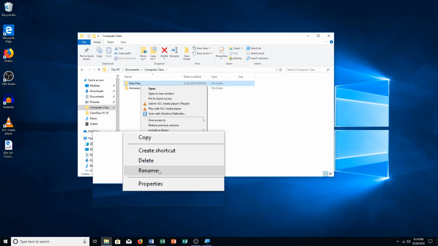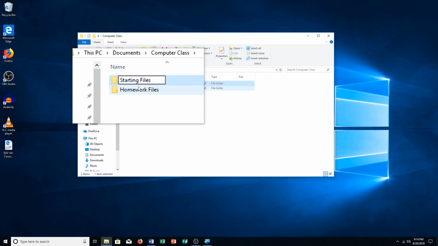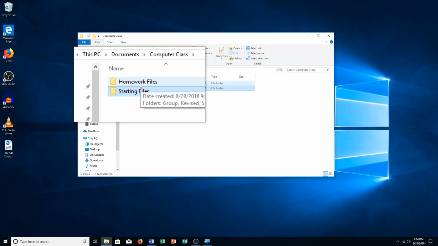So right click on it, click rename. So I have to go down a bit here to the bottom, and then it says I need to rename it to starting files. So it looks like that, starting files, and then press enter. And then C, we're going to double click the homework files folder,